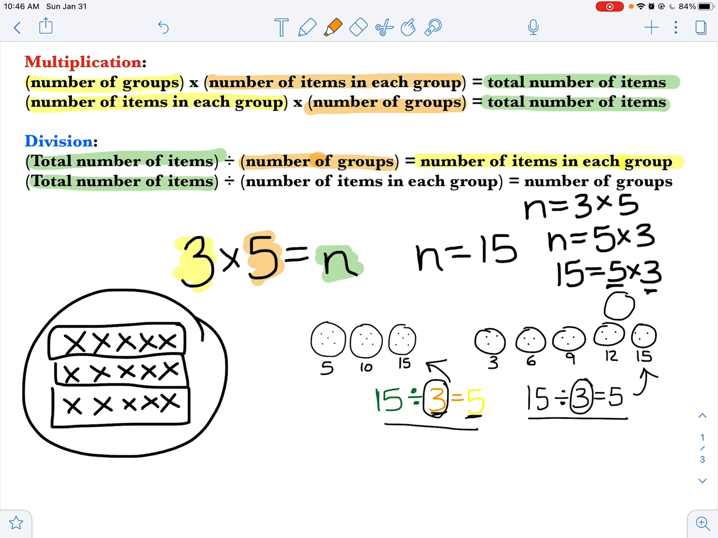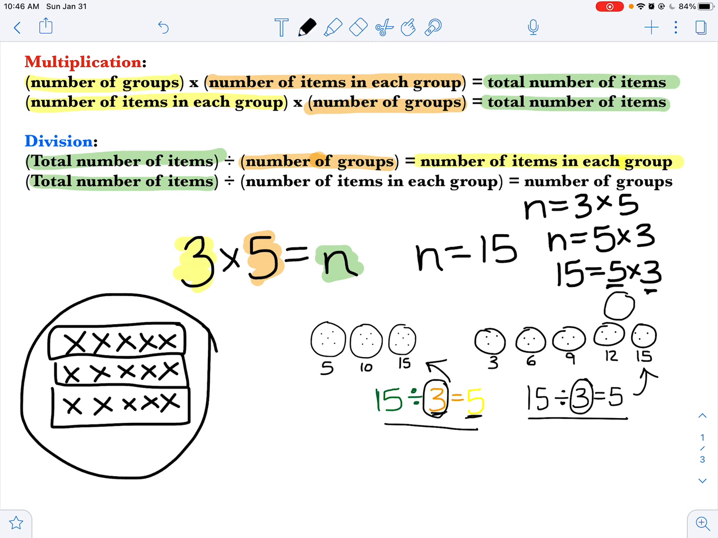Just get that orange back on there. If I were to use an array for division, I could say I have a total of 15 x's. I've divided them into 3 rows, and I ended up with 5 in each row. Okay? It's always those same 3 parts. Total number of something, the number of groups there are that you made of those things, and how many were